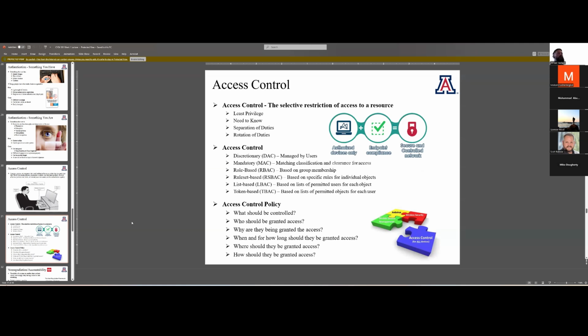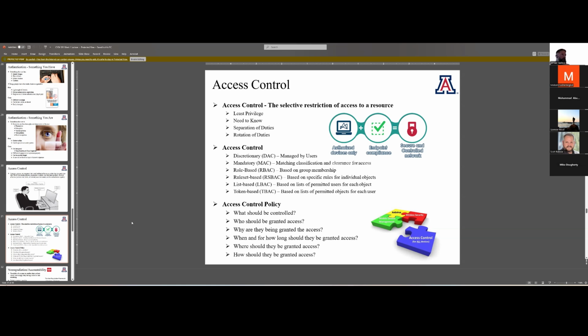Now we have the concept of least privilege. So that means that you should have no more permissions than are absolutely necessary to do your job and nothing more. Next, we have need to know. So a good example here is like for things that you don't work on, you don't need to have access to them. The good example here is like in the military, working in classified environments, right? So you may have a secret clearance, but you do not need to know all of the secret information. You have your slice of the pie that you're working on,